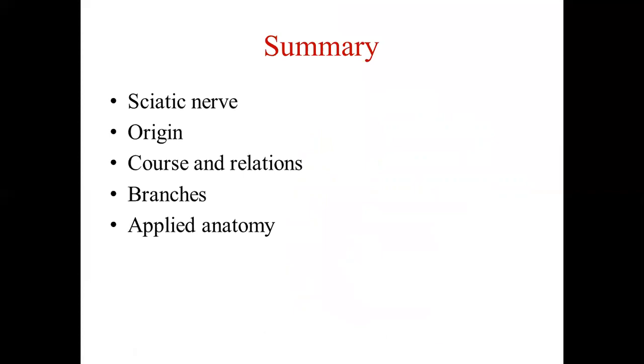So what we have learned in this lecture today is what the sciatic nerve is, originating from the pelvic region with root value L4, L5, S1, S2 and S3. Its course starts from the pelvis in the gluteal region, then on the back of the thigh, then in the popliteal fossa. It will divide into two components, tibial and common peroneal component, which will supply the anterior and posterior aspect of the leg, also the sole. So that's all about today's lecture.